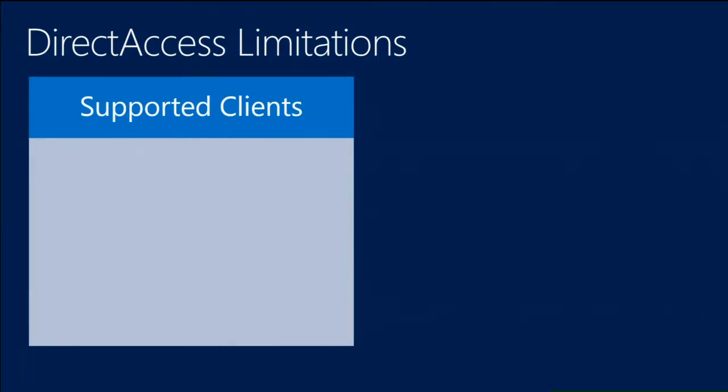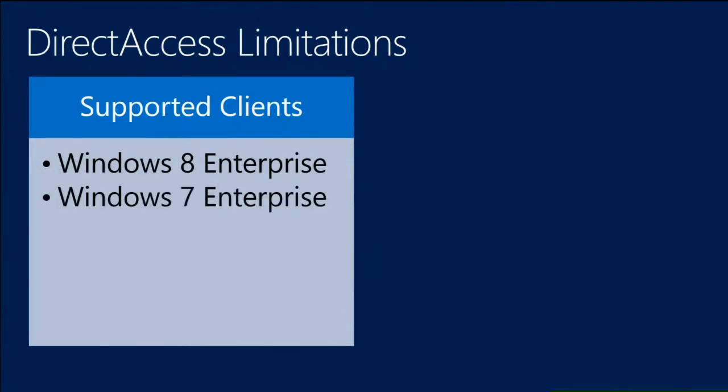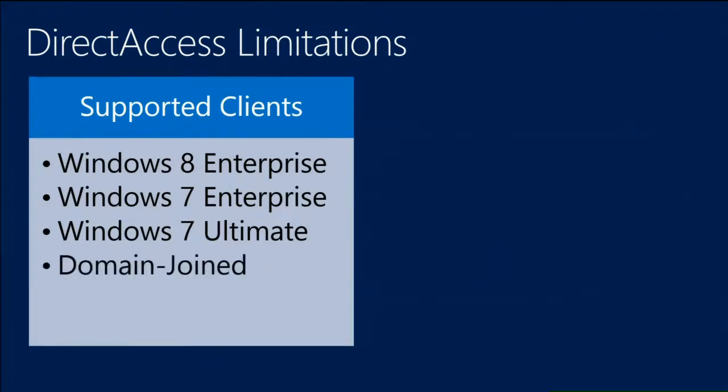From a client support perspective, to enable DirectAccess, you must have Windows 8 Enterprise Edition, Windows 7 Enterprise Edition, or Windows 7 Ultimate. So it's not supported on any other operating system. That means Windows 8 Pro and so forth. These systems must be domain joined as well. The DirectAccess server must also be domain joined. I don't think that's necessarily a drawback. I think the fact that it's limited only to the enterprise editions is more restrictive than anything else. But ultimately,